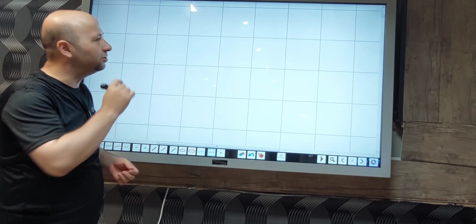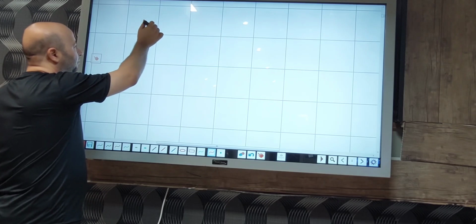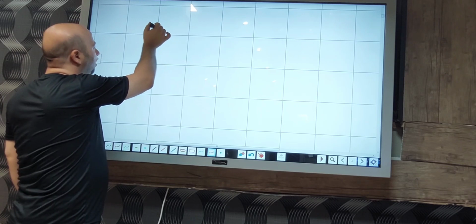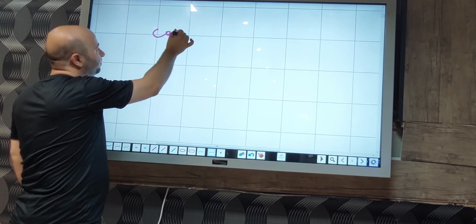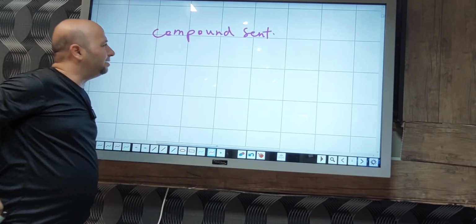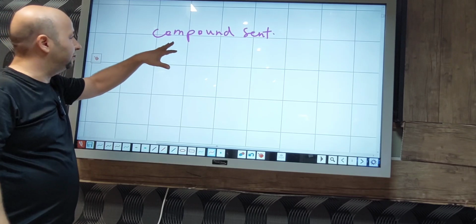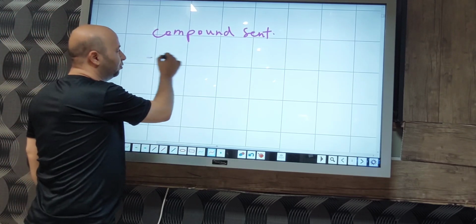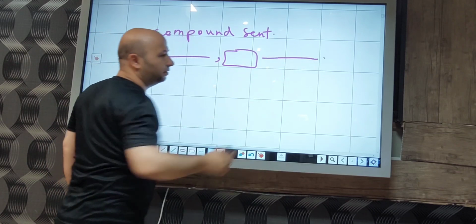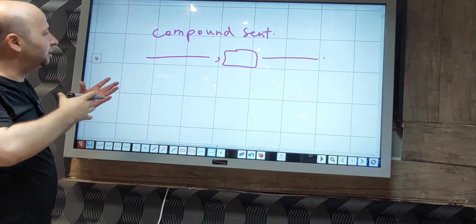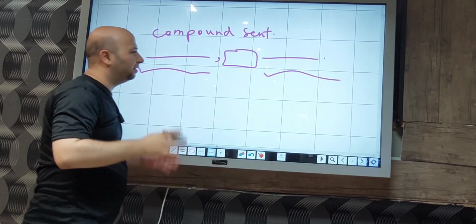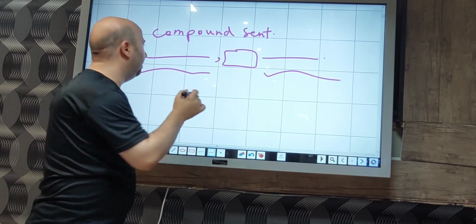Okay, so as I told you, there are other types of sentences. The first one was the simple one. The second type is compound sentences. Okay, so a compound sentence, as the name says and shows, consists of two parts. In the beginning, we have a sentence, then a word, and then a second sentence. What makes a compound sentence is that the first part of the sentence and the second part are independent, okay? For example,